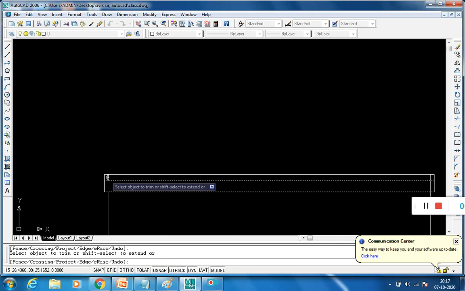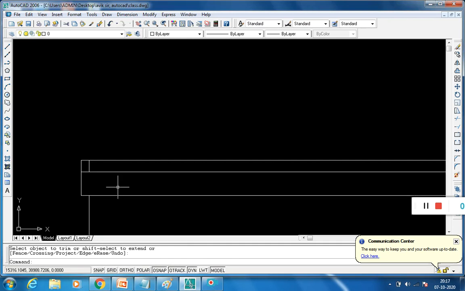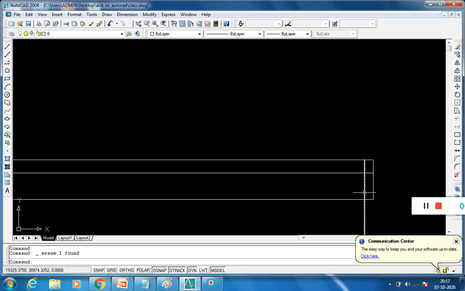Again use the trim command. Sorry, just simply delete. Here also use the trim command.